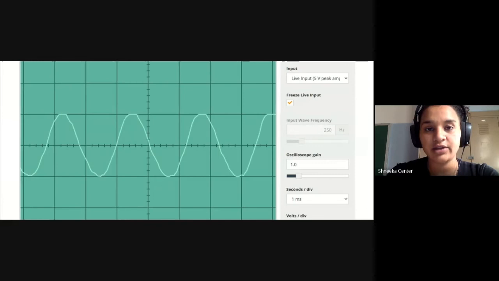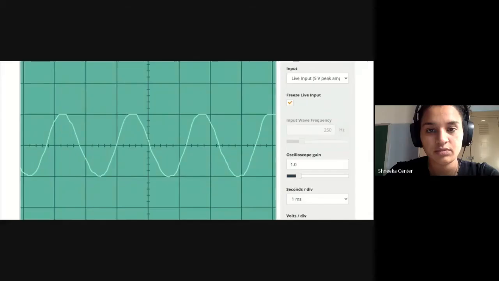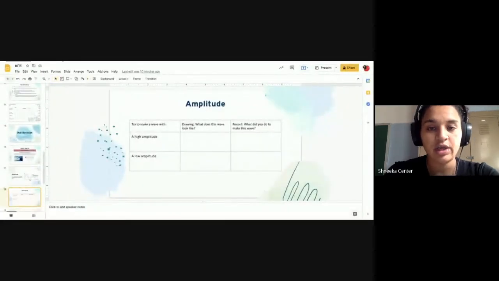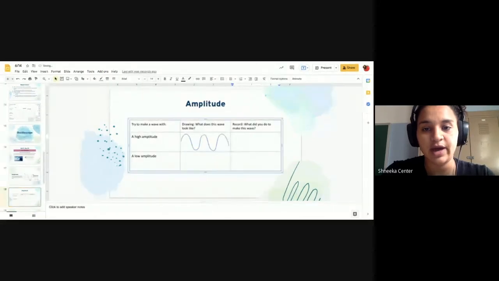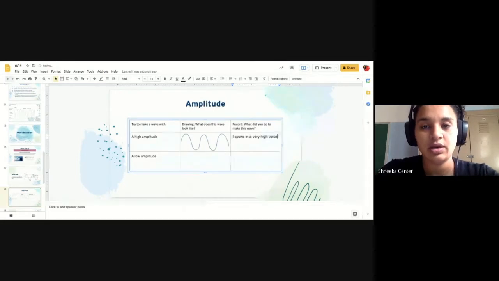So I would go back to my chart, and you're going to go to the scribble function, and then you're going to draw what the wave looks like. So my wave looks like this. And then I'm going to type in this box, what did I do to make this wave? So I spoke in a very high voice. My voice isn't that high, so you may be able to get your wave to have much deeper amplitude or